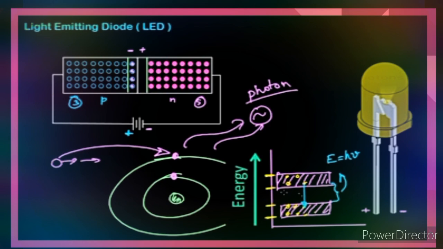The energy loss of free electrons, or the intensity of light emitted, depends on the forbidden gap or energy gap between the conduction band and valence band. A semiconductor device with a large forbidden gap emits high intensity light, whereas a semiconductor device with a small forbidden gap emits low intensity light. In other words, the brightness of the emitted light depends on the material used for the construction of the LED and the forward current flowing through it.